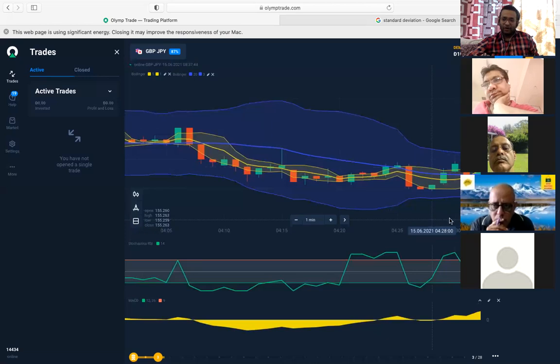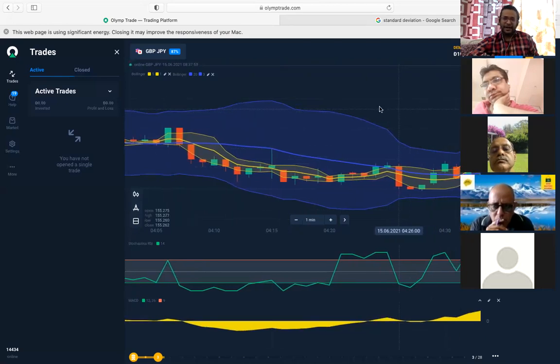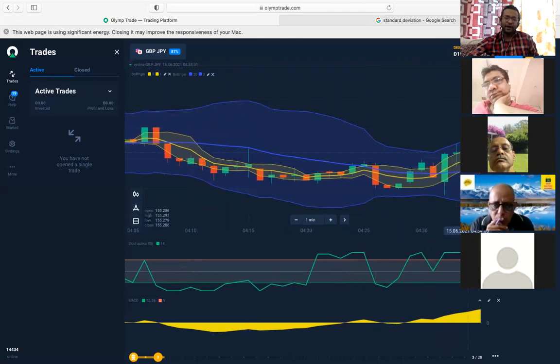right? Or you could have placed a trade here also, okay? Because the same conditions are met here. Stochastic RSI is going up. Histogram is also showing a good buyer's presence. And then we would have put a 2-minute buy call option, so up option, and we would have won that also,